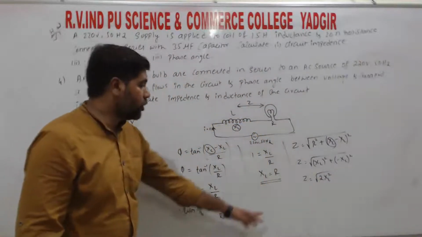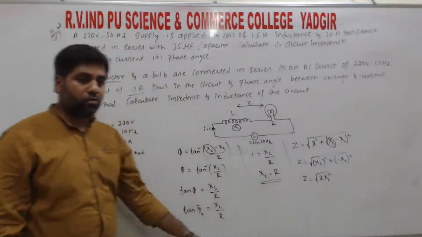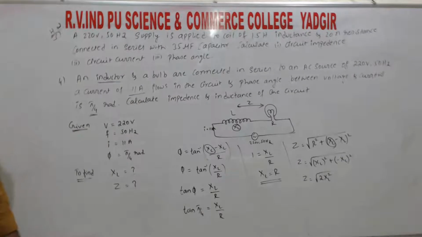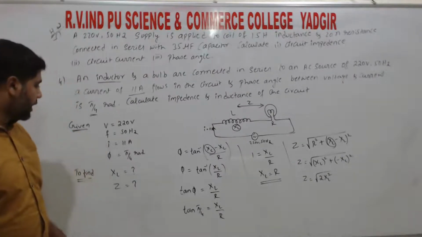Again we don't know the value of Z and XL. So here also we don't know the value, right? So what other relation can we use to get the value to find